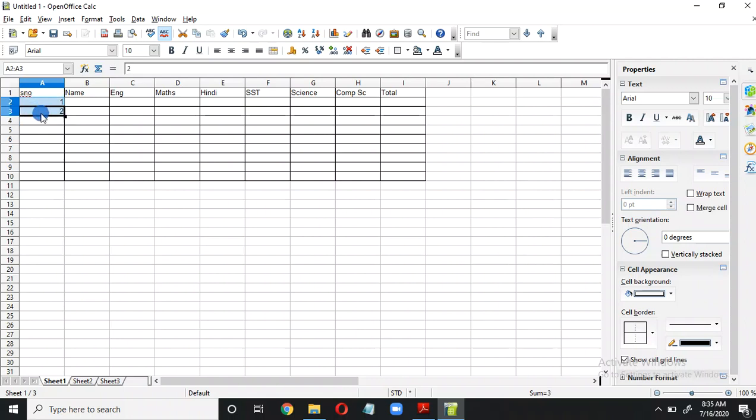Now one feature is there, autofill. When I want to fill a series directly, I'll just write the first two digits and then come to this box, and when the cursor symbol changes to a plus symbol, I'll just drag it. This feature I will explain in detail in the next video.